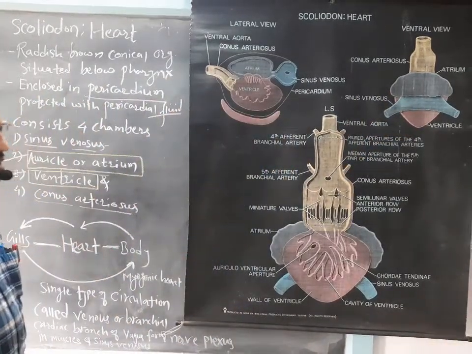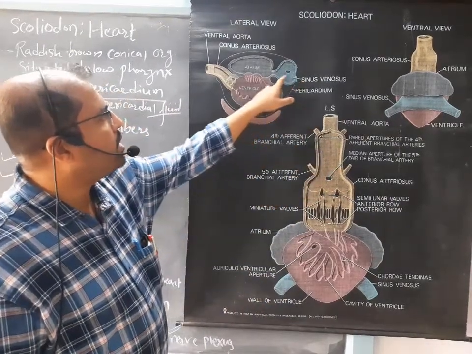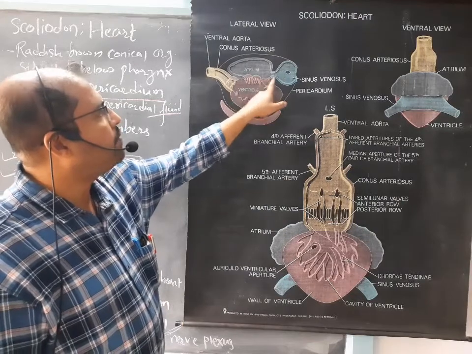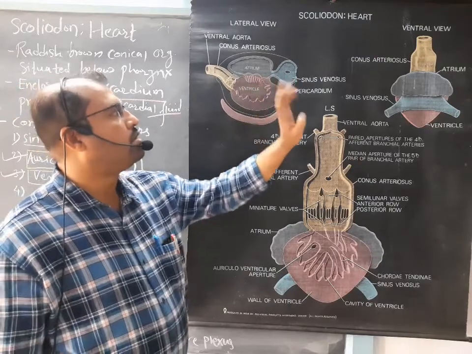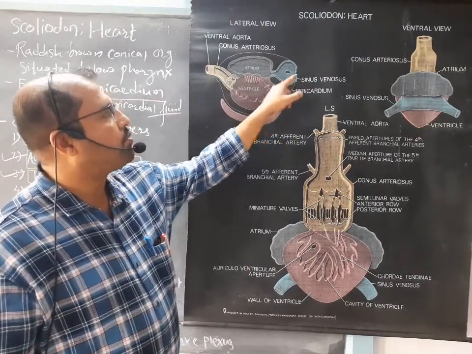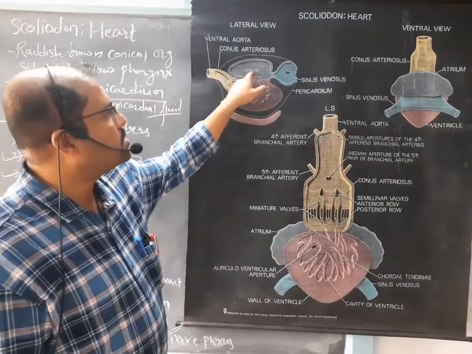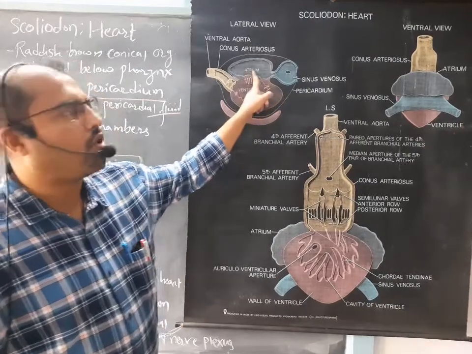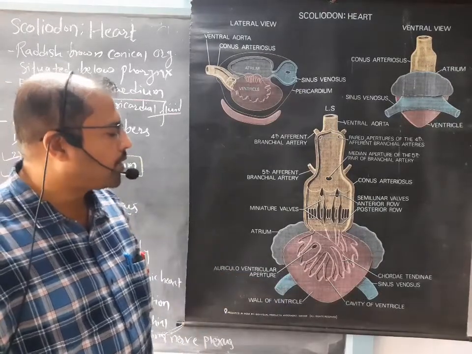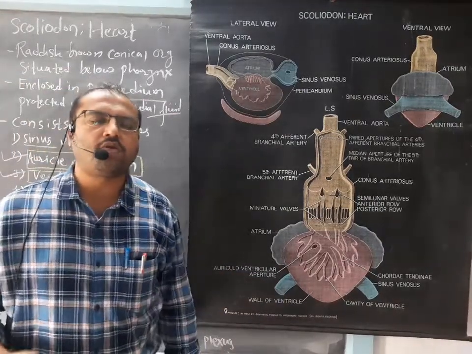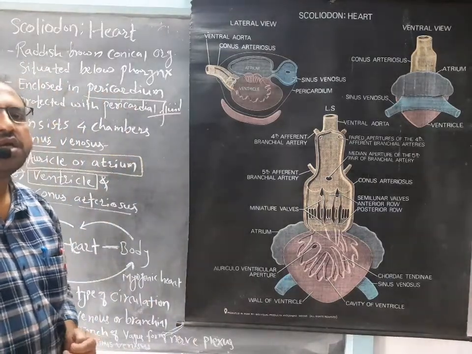Now this sinus venosus has an opening into the auricle, but before that there is a wall, called the sino-auricular wall. From the sinus the blood goes to the auricle, that's why it is called sino-auricular. The blood passes from the sinus venosus to the auricle. These walls are very peculiar, as they guard and prevent the backward flow of the blood, so that the blood does not go back in reverse.